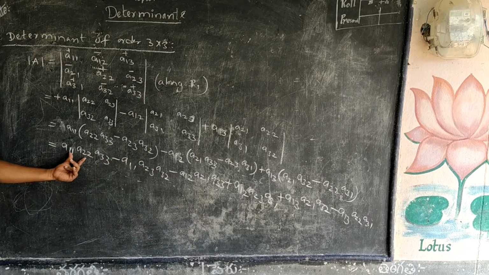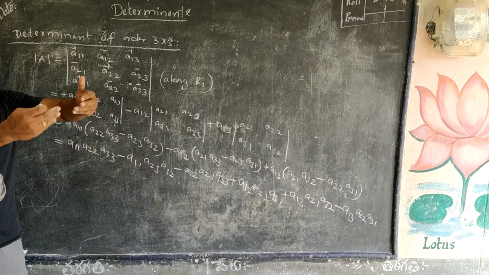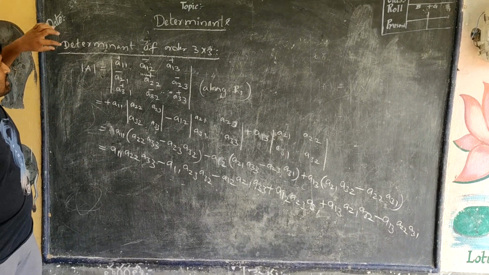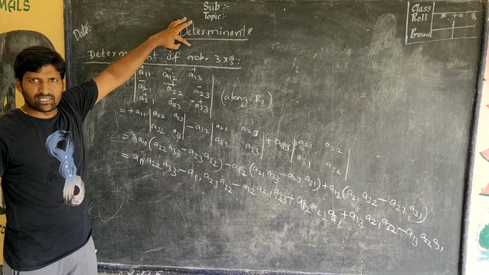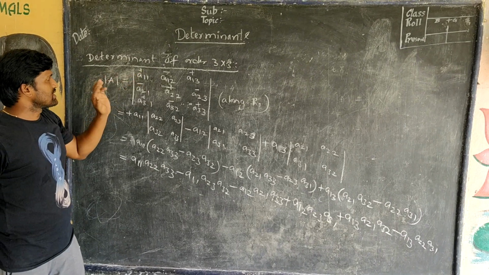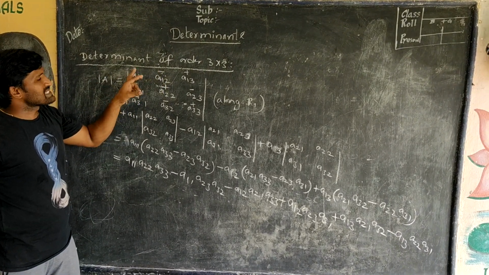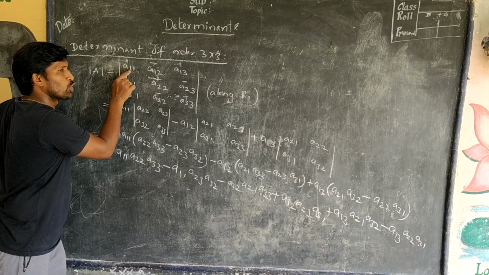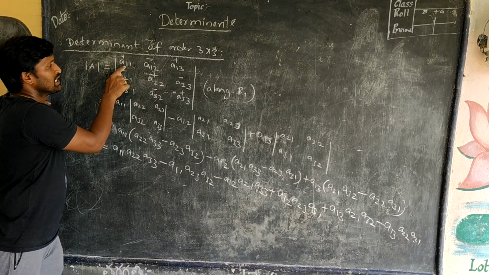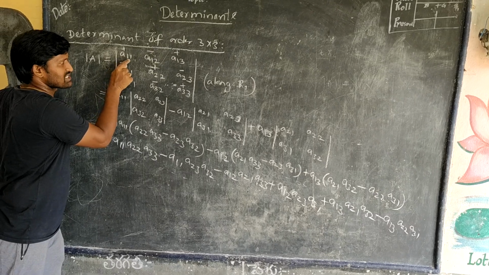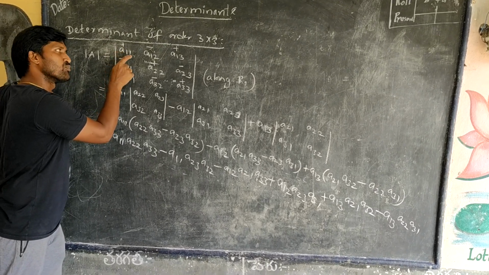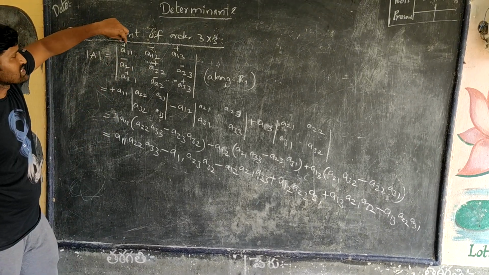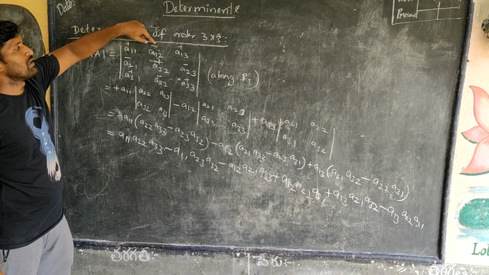Symbol-wise you will get it like this, but while doing problems you will get a simplified value only. First you have to understand how to evaluate the determinant of a 3 by 3 matrix. Here we have to consider the sign, how to take plus or minus depending on each element's row position plus column position. A11 means first row, first column: row position is 1, column position is 1. When adding those two, if you get an even number, we consider the plus sign, and for an odd number, the minus sign.